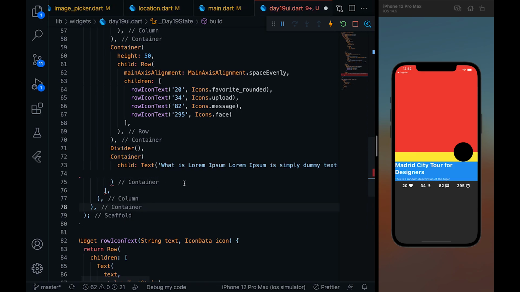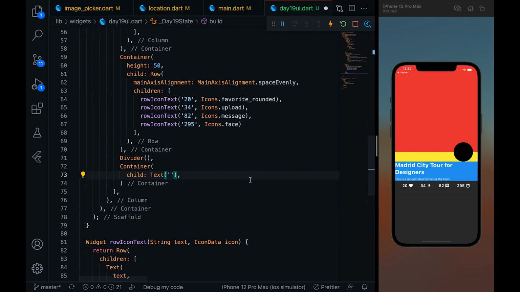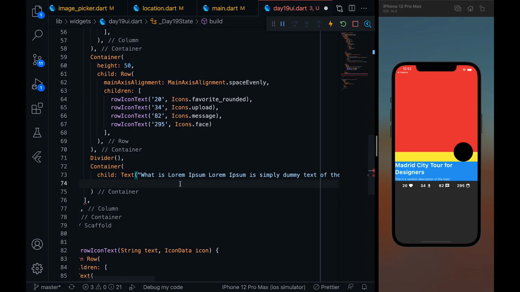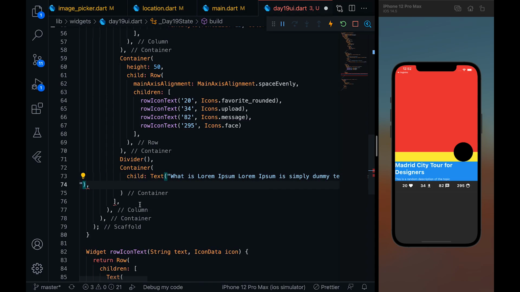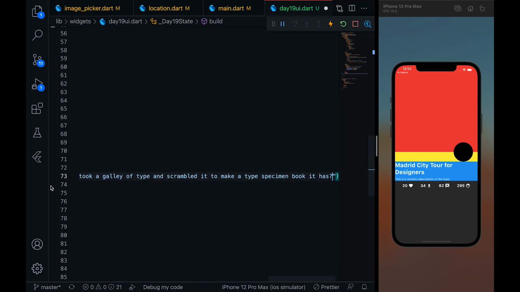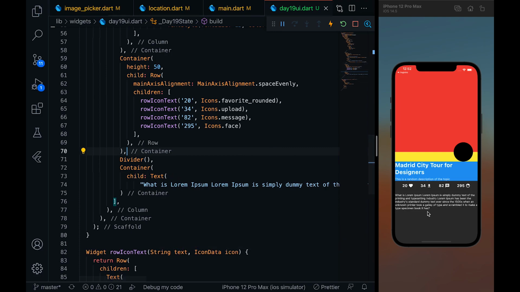And what is the error? Okay, because of this. Okay, no problem. So for that thing we have to write double quotes and then paste it. And is there any error now? Okay, so we have to, yes, perfect. So let me just save it. You can see the text is over here.